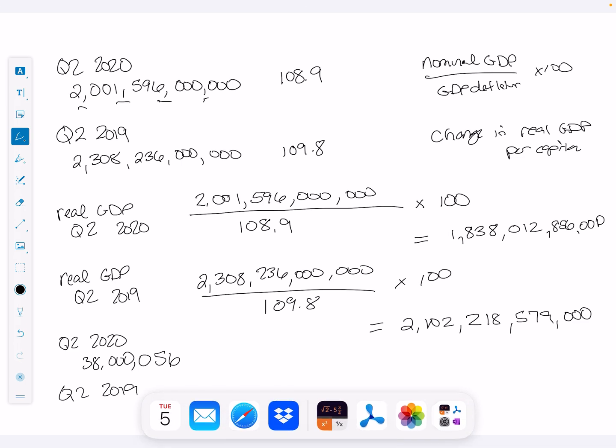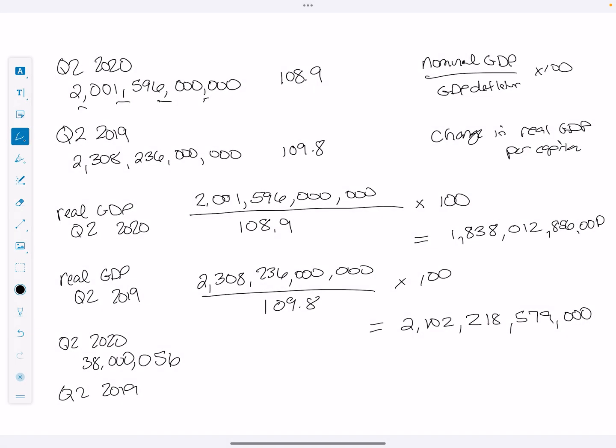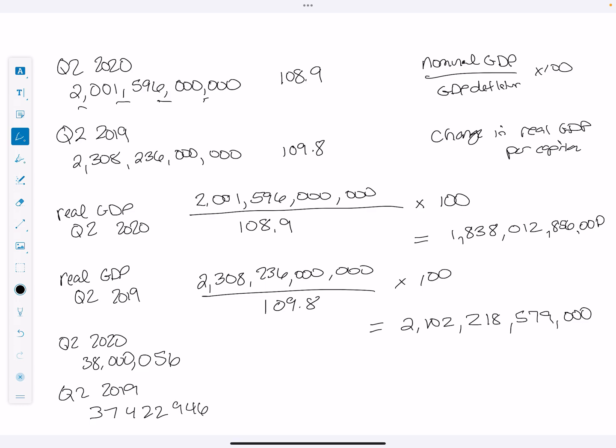Okay, so let's go in. Q2 2019, that's going to be our first column, 37,422,946. 37,422, and we go back, 946. All right, so we have our real GDP. We want to turn it into real GDP per capita. Okay, so for our Q2 2020, we're going to take our 1,838,012,856,000, and we're going to divide by the population of that same time period, which was